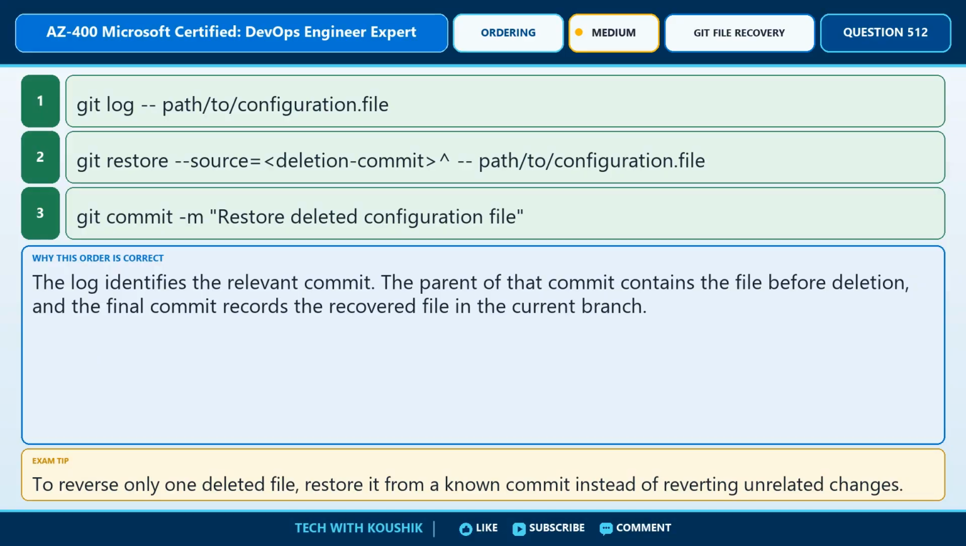The correct sequence is as follows. First, git log path/to/configuration.file. Second, git restore --source=deletion-commit^ path/to/configuration.file. Third, git commit -m "Restore deleted configuration file". Here's why. The log identifies the relevant commit. The parent of that commit contains the file before deletion, and the final commit records the recovered file in the current branch. Exam tip. To reverse only one deleted file, restore it from a known commit instead of reverting unrelated